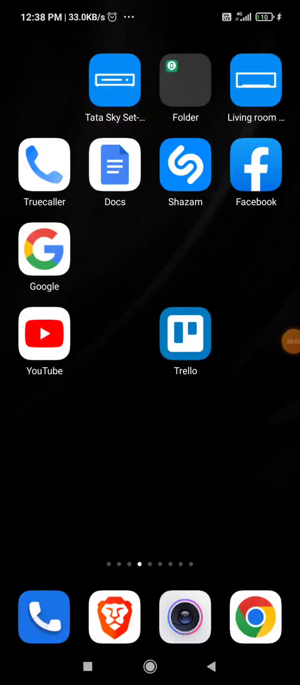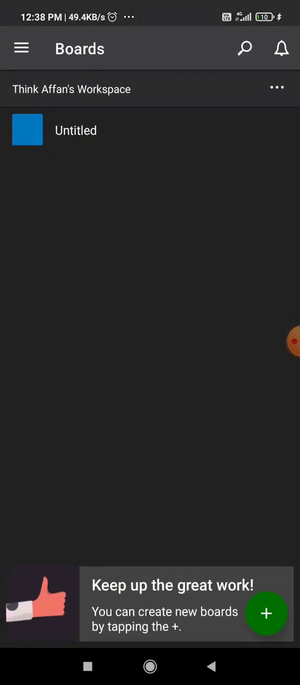So in this tutorial, we are going to learn how to change your team photo in Trello. So without further ado, let's get started. So click on Trello and as you can see, there is no image that I have set on this team,